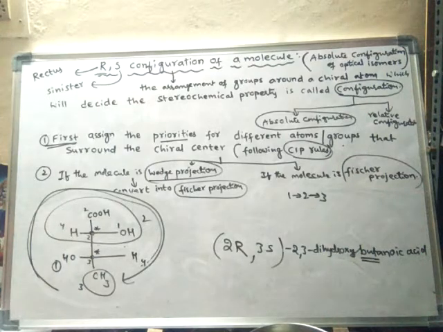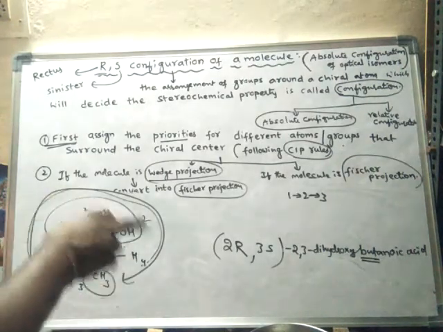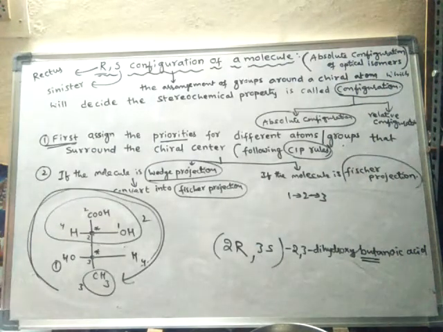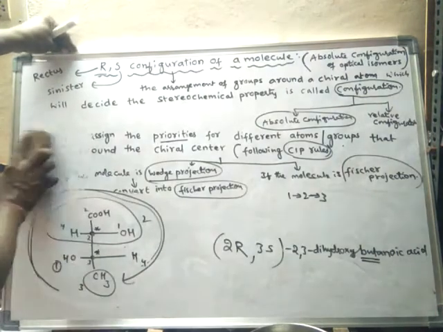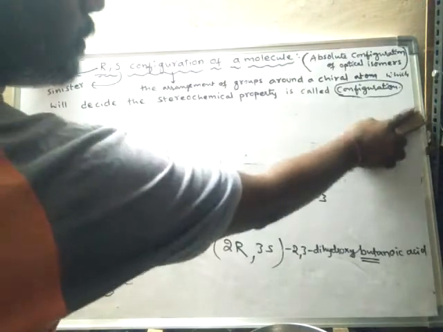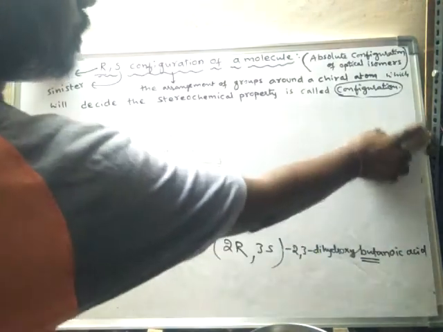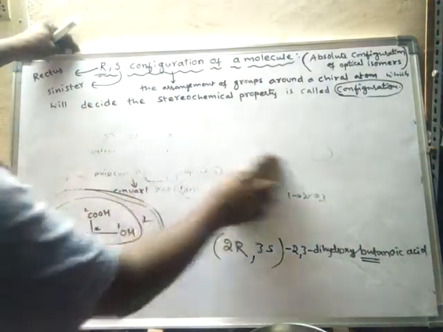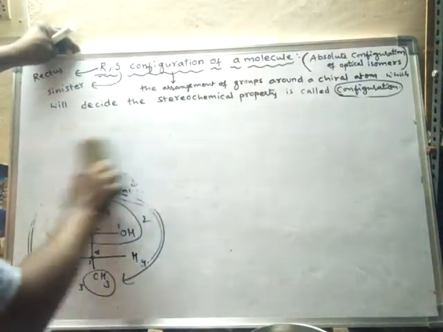So now this molecule has 2R and 3S configuration. Like this, the configuration should be given to the molecules in order to specify the exact stereochemistry of the molecule. Okay, right. We'll learn another example. So this is about absolute configuration. Absolute configuration is nothing but RS configuration. Okay, right. So we will learn one more example.